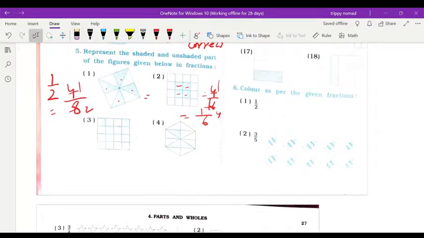I am giving all of these as homework. You have to do the 5th question's parts the same way as I explained the first and second parts. Questions 1 to 4 and the 5th question you have to complete in your workbook, in this practice book only. I hope you understood. Do your homework, then afterward I will explain the next question.